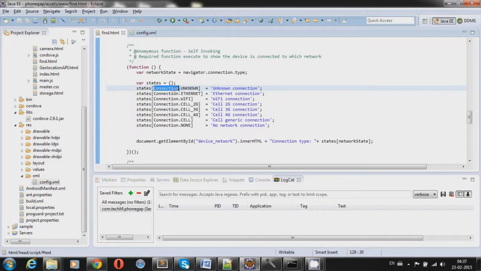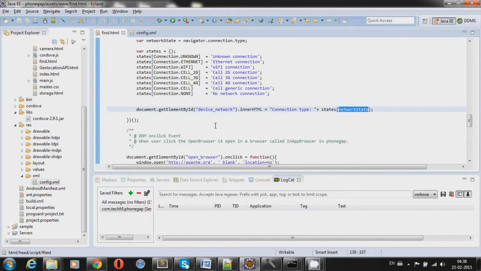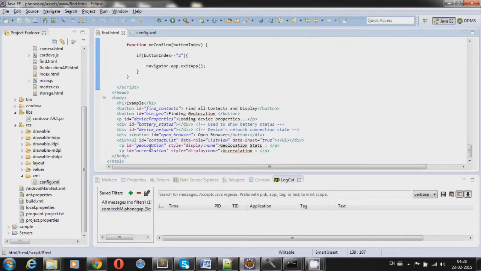So like this, we will go to network type, where we are saying this is a self-invoking anonymous function, where on page load it will invoke this function. So you will see these are the stats. We have created an object. On this object we are adding a few parameters where the result is unknown, connection Ethernet port, connection is connected on Wi-Fi or not. So these are the things we have added.